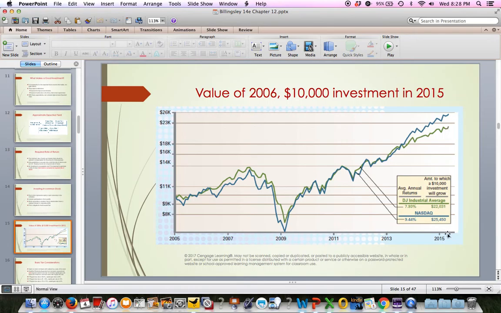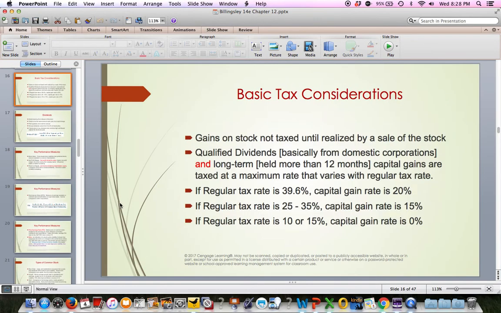You can see here, that's the thing about stocks, is they have more risk, because while you generally get a decent return over a long period of time, individual years may be good or bad. You have to kind of weather the bad years with the good years, and 2008 was an abnormally bad year. The second worst year since 1825, as we mentioned in a previous chapter. Tax needs to be considered when you invest also.